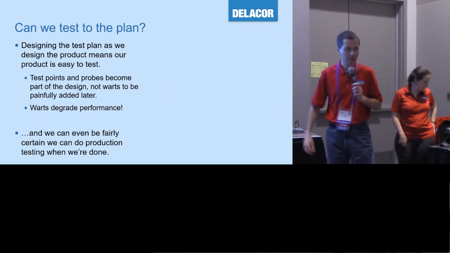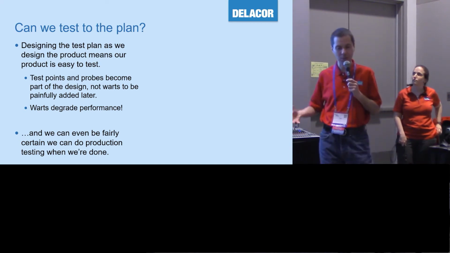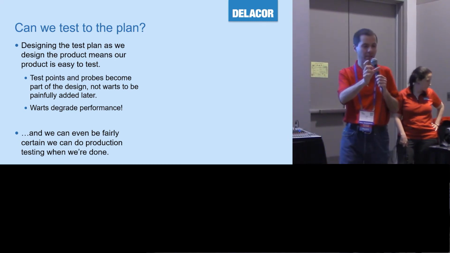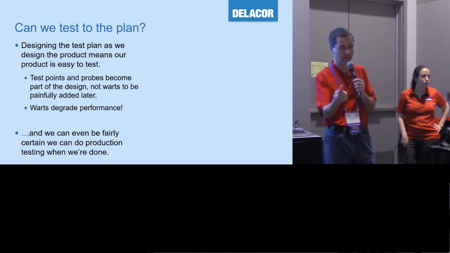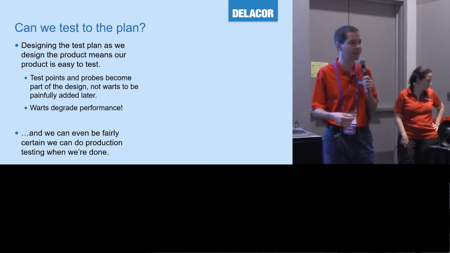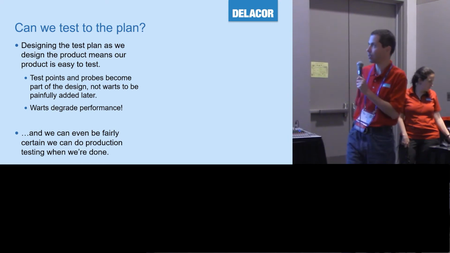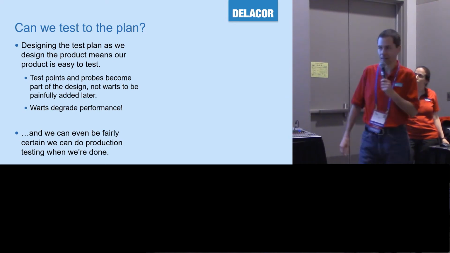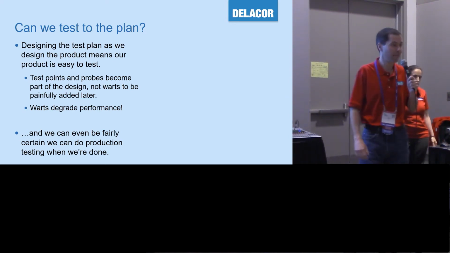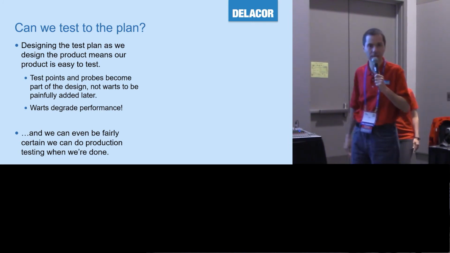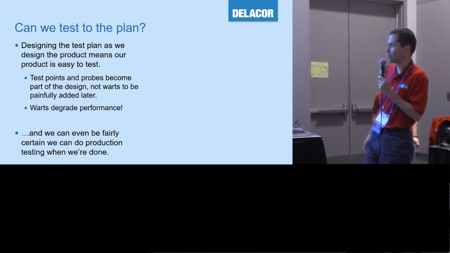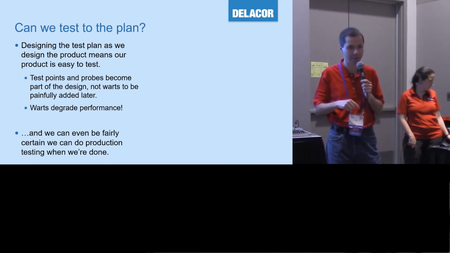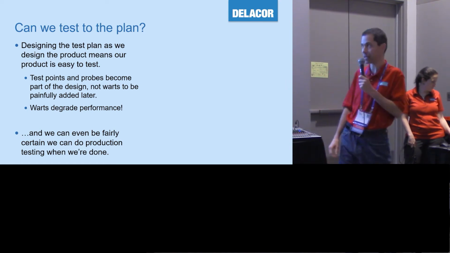Okay. So again, if you design your test plan as part of the product design, that means when you get your boards back, they're going to be easy to test. Today you may have an integrated circuit with 1,000 balls on it, a ball grid array, and there's no way to get to the stuff in the middle unless you've specifically made arrangements to pin it out, to bring it out to some fixture. If you're dealing with stuff in the higher end of the frequency spectrum, well, high for me, which might not be high for some of you guys doing terahertz stuff, then you want to have little jigs where you can put your scope probe on it and have a real short ground and not basically mess up your signal in the process of testing it.